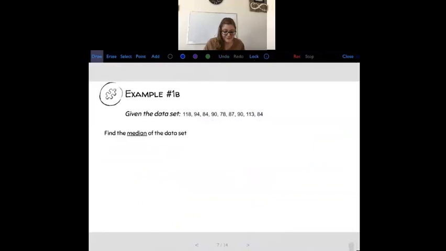Next, calculate the median of the data set. In order to calculate the median, you want to write your numbers smallest to biggest. What I typically do is look for the smallest number first, cross it off as I write it down, and then keep going up. So 78 is our smallest. I'm going to write it down here. And then 84, and we've got 2 of those. And then the next is 87,